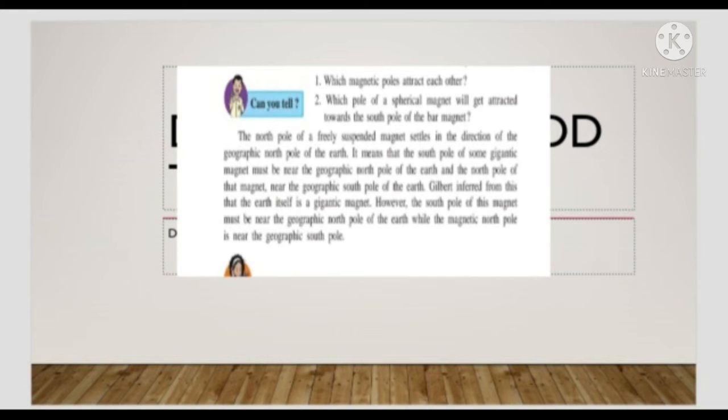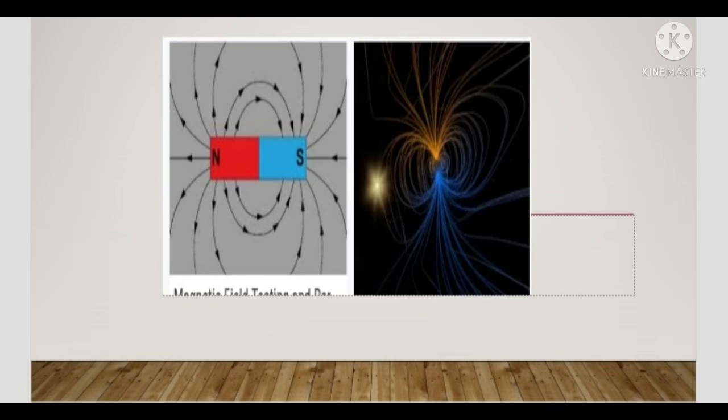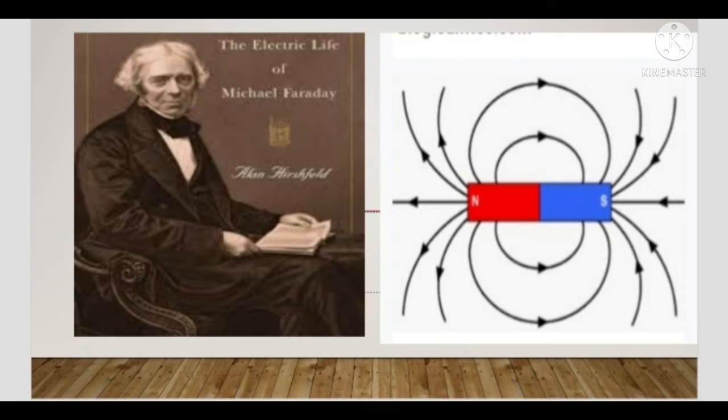The intensity of the magnetic field can be gauged by the number of lines of force that pass through a unit of area placed perpendicular to it. Michael Faraday imagined that there might be invisible lines of force going from one pole of a magnet to the other. Magnetic attraction and repulsion might be taking place through the medium of lines of force. If Faraday's idea was accepted, the intensity of the magnetic field can be obtained from the number of lines of force explained above.